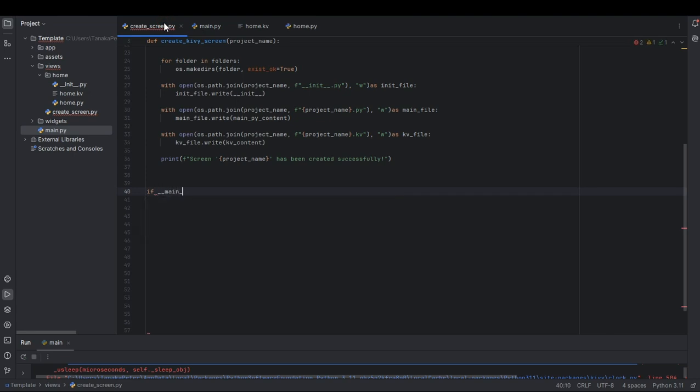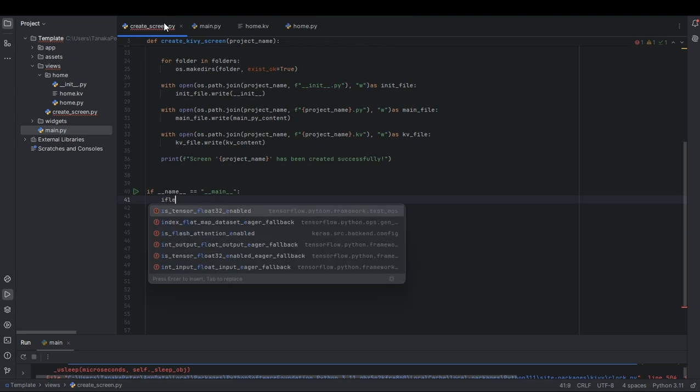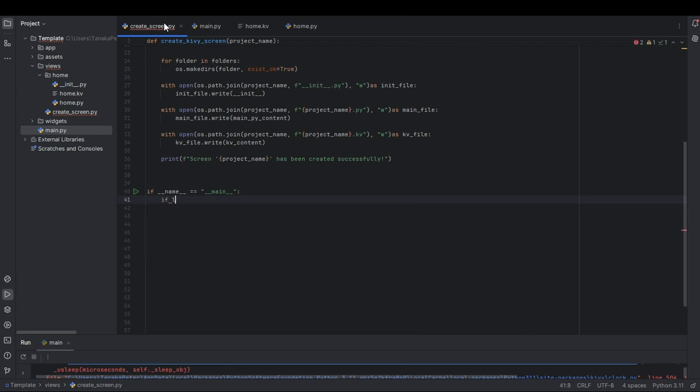If __name__ equals to "__main__", then we're gonna say if length of sys.argv is not equal to two, I say print,